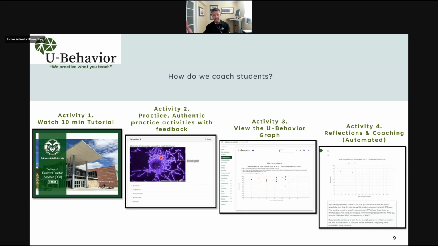So these are essentially Canvas quizzes. We call them retrieval practice activities because we're trying to get away from the idea of it being a quiz. It's not about necessarily testing your knowledge as a summative test. It's more about practice to see if you can retrieve it at that point in time. And so these are authentic activities, and they're designed by the instructor so that they're targeted at the objectives of